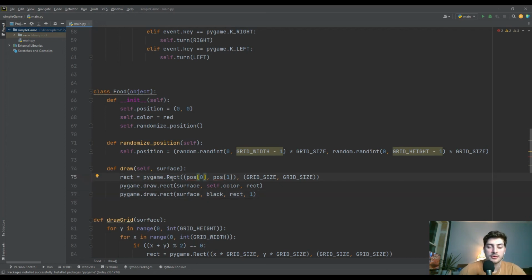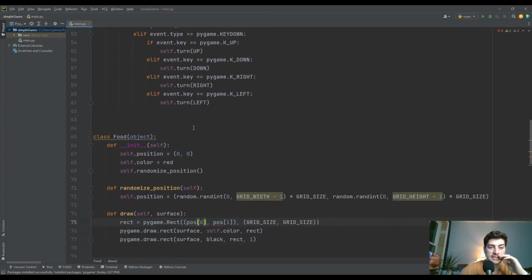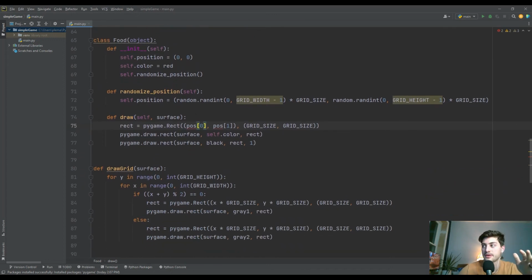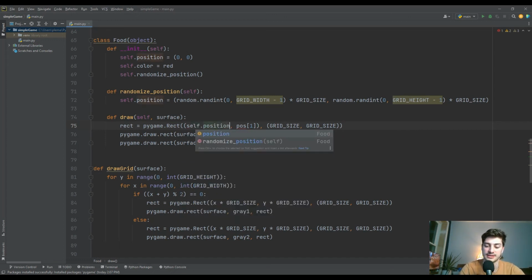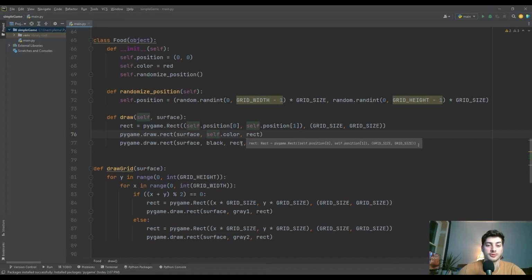So I'm just going to copy those 3 lines from the snake draw function, but we're going to modify it to be accurate for the food. So what we want is self.position at 0 and self.position at 1, rather than that intermediate indexer variable. And then we still want grid size, and we'll still use self.color,